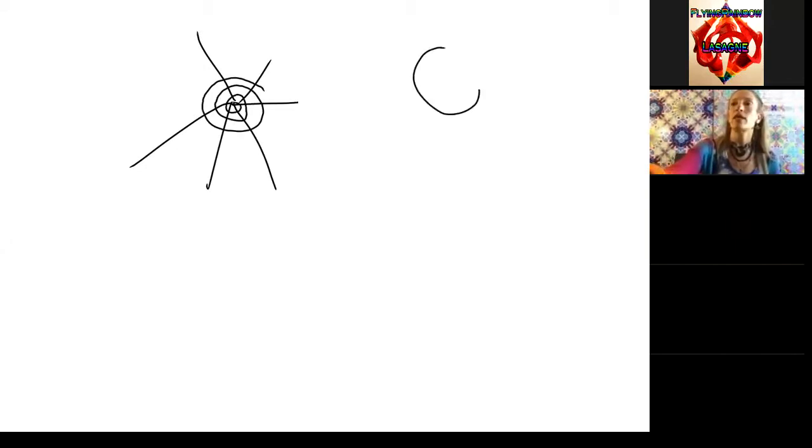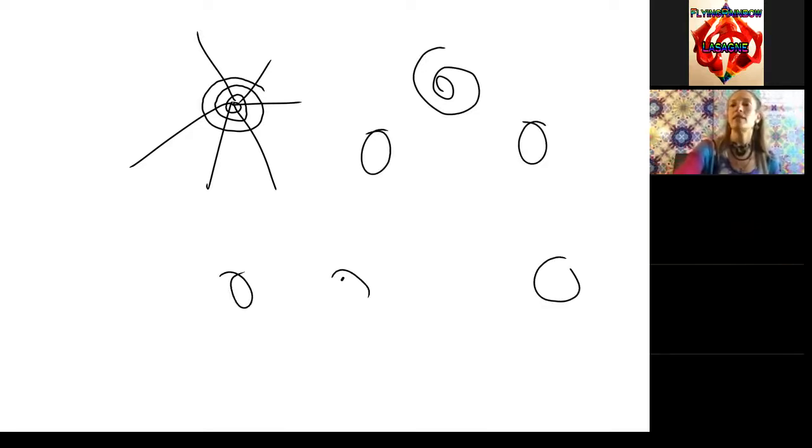Let's draw something here. All of these are stars that have lived their lives and then they've died and they backflipped into themselves and now they're black holes. Black hole here, black hole here, here, here, here, here. In fact, what ends up happening is the entire universe becomes nothing but a Swiss cheese of black holes.